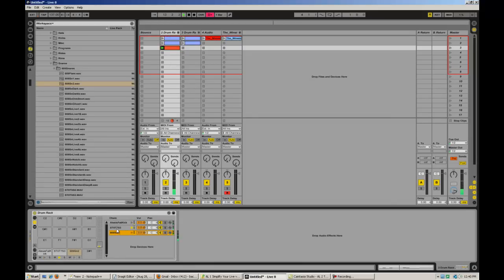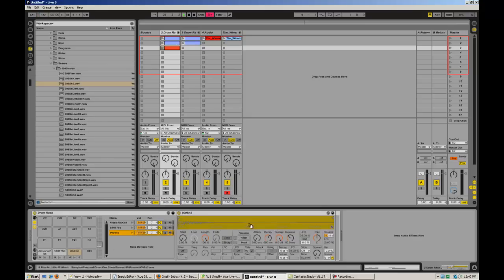Each one of these chains here is individually accessible, and each one of them is basically equivalent to an entire track. If I double click on this guy, it brings this out here, and it's its own Simpler, basically, is what we're looking at. So if I'm looking at this guy individually,